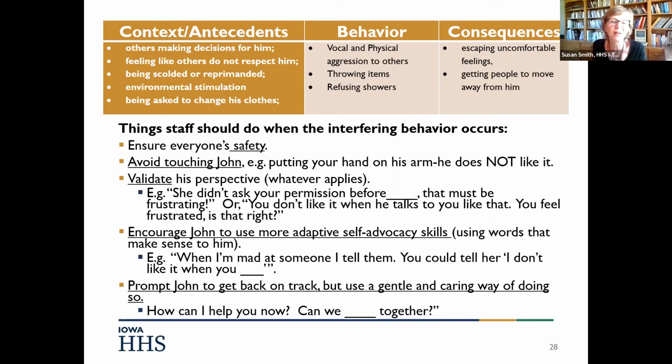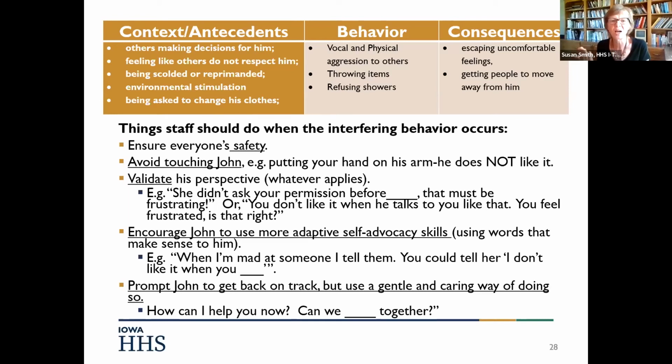You do want to be careful after the behavior occurs that you try, if at all possible, not to provide the same payoff that was identified in the consequences. Let me give you an example that would be relevant. Let's just say that somebody enjoyed the emotional distress that they saw in staff and peers when they were yelling at them or making threats, like if somebody went, "Oh," or "That's not nice. You shouldn't talk like that." Then to display that same type of emotion, it could actually be strengthening the behavior.